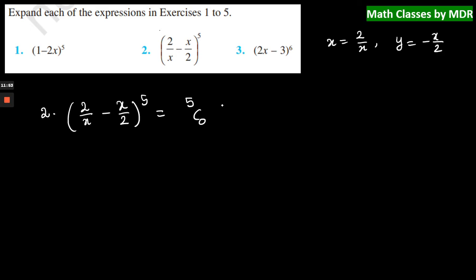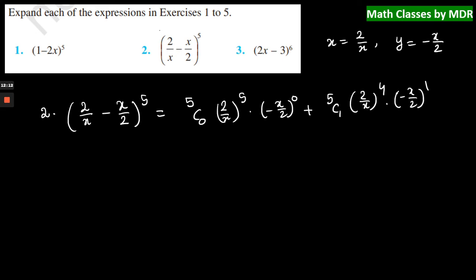We are going to substitute this in the general expression formula. So now 5c0, 2 by x whole to the power 5 into minus x by 2 whole to the power 0 plus 5c1, 2 by x whole to the power 4 into minus x by 2 whole to the power 1 plus 5c2, 2 by x whole to the power